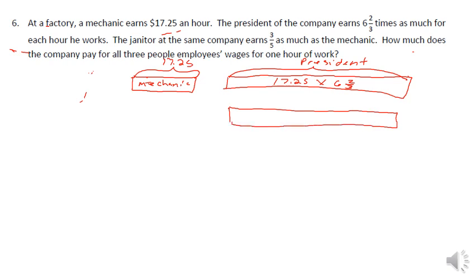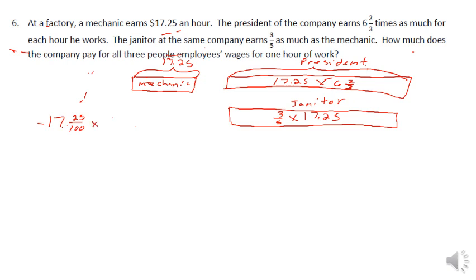Says the janitor at the same time earns 3/5 as much as a mechanic. So here is a janitor, and we know this is going to be 3/5 of 17.25. And then the last thing is, how much does the company pay all three for one hour of work? Well, we already know what the mechanic is. So for the president now, we know we got 17, and I'm going to change this to 25 hundredths